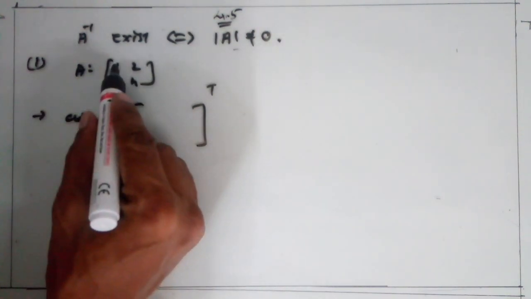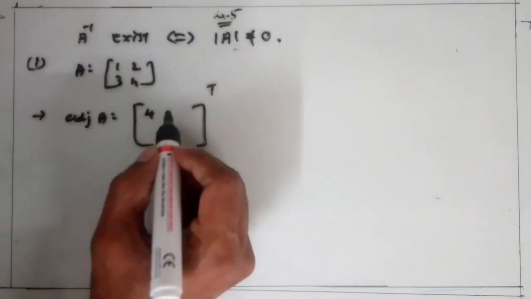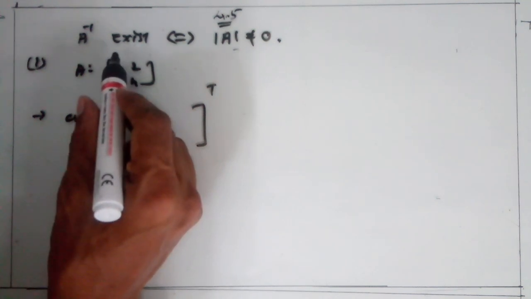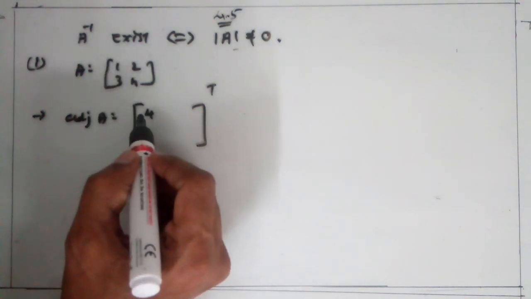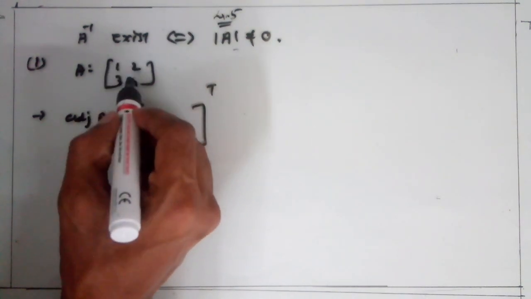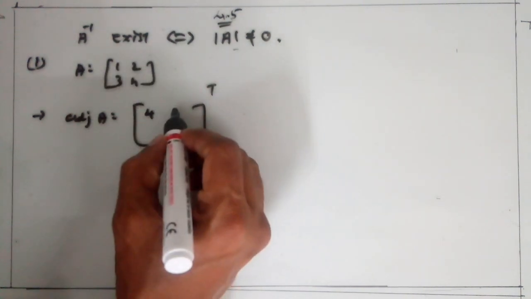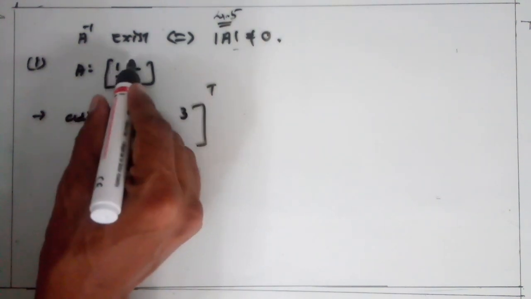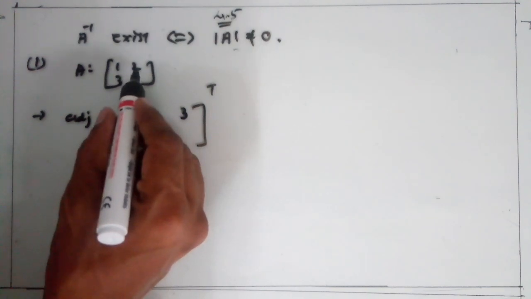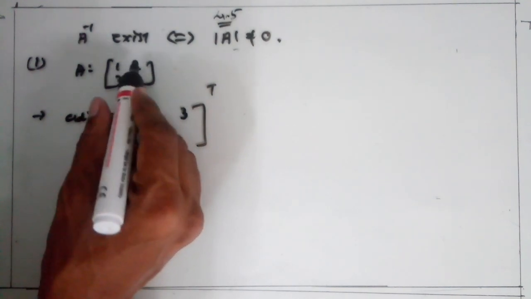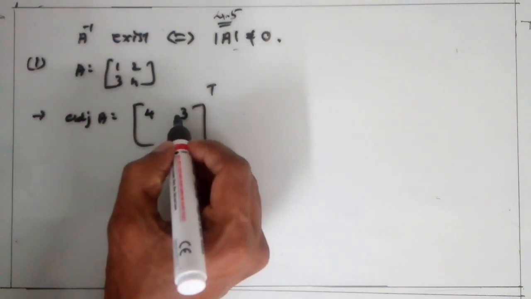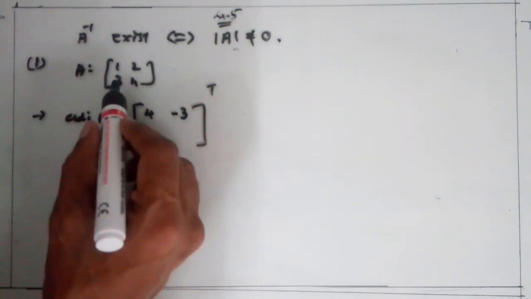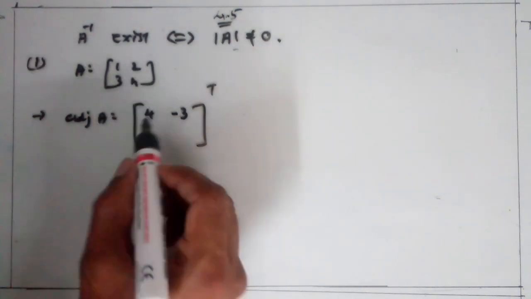Here the cofactor of 1 is 4 into (minus 1) raised to 1 plus 1, that is (minus 1) raised to 2, so it becomes positive. Now the cofactor of 2 is equal to 3 into, here 2 lies in the first row, second column, so (minus 1) raised to 1 plus 2, that is (minus 1) raised to 3, which is equal to minus. Clear? And for the third cofactor,